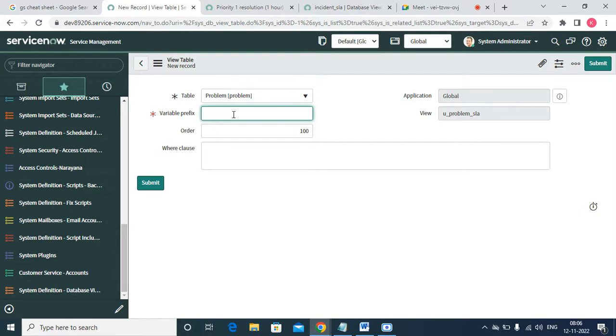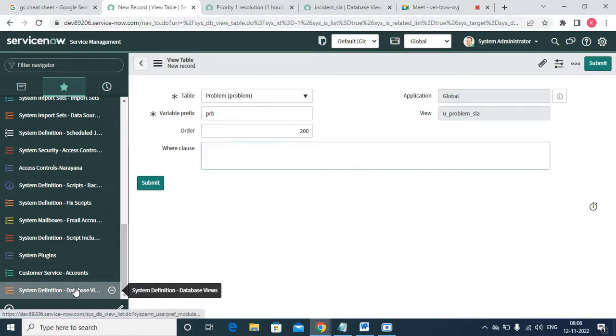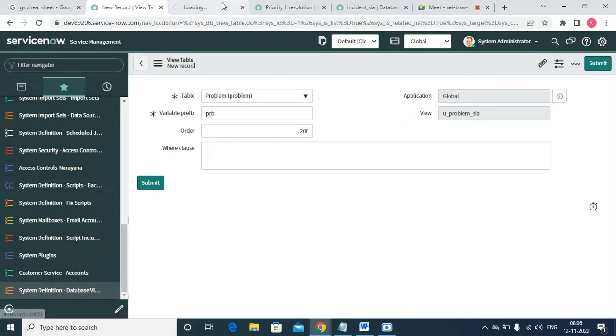The problem is nothing but a variable prefix. I'm just making it PRB, and the order is 200. So here we can use the where clause. So what is a where clause? You can use it. So what we have written here,